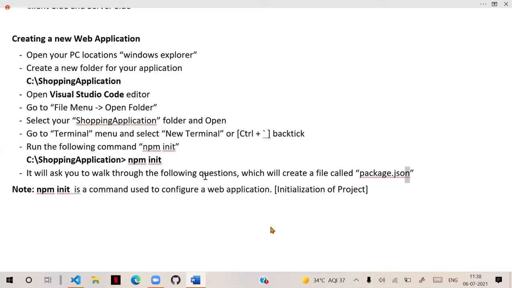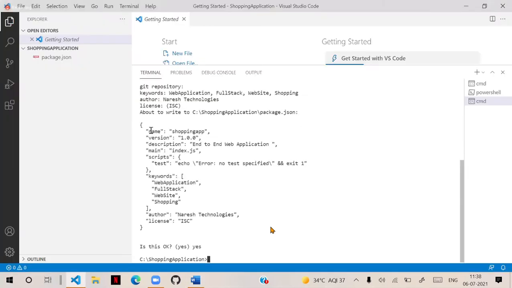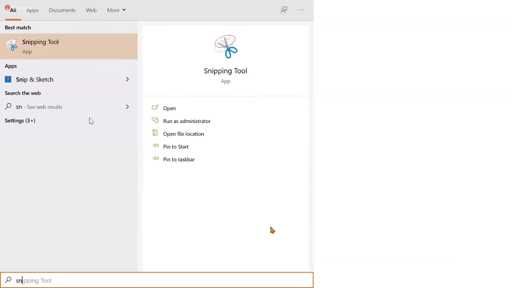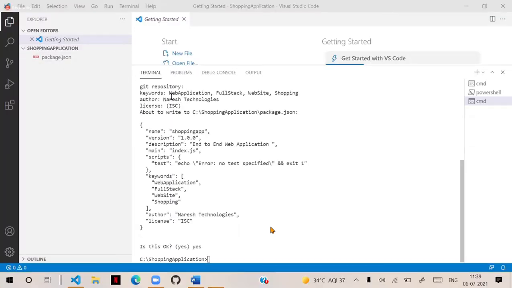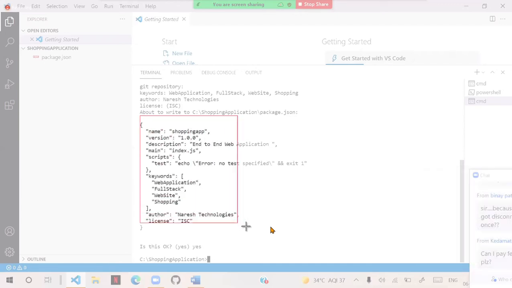What is this package.json? I will tell you, we will see that. Now, what are the questions it asked? Let me give you the screenshot here. It asked us a few questions when we ran the command. I will upload this note into that online repository. You can see it is asking these questions.